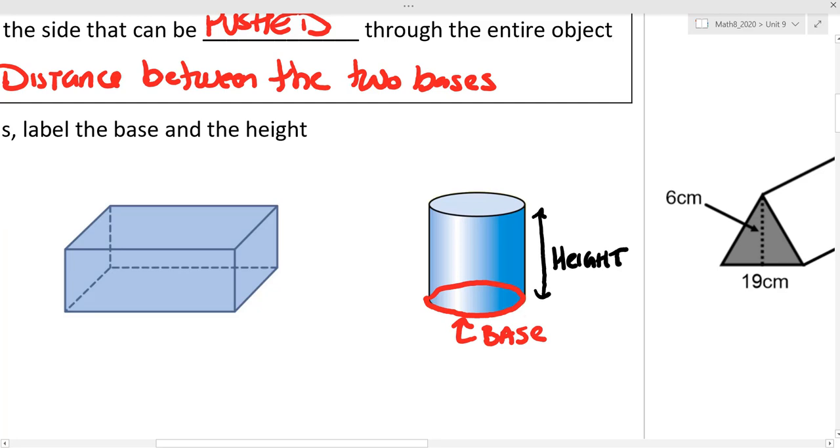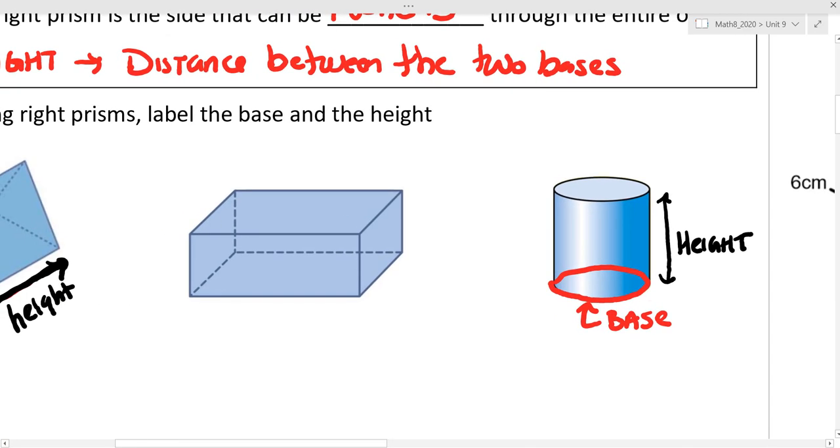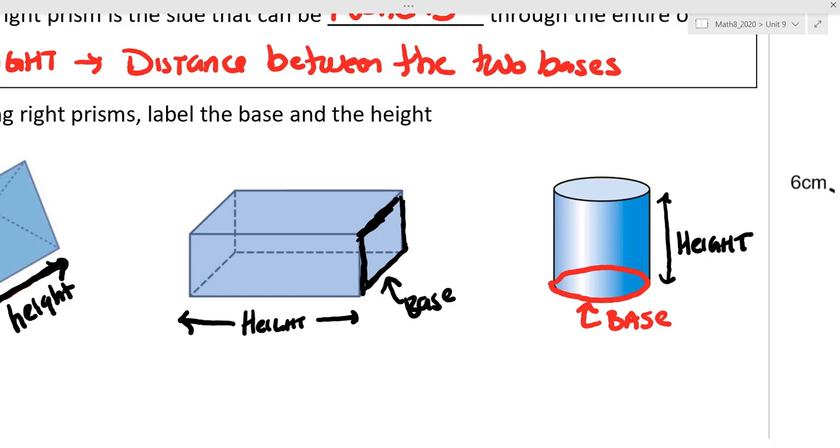Okay, so now the middle one. What would our base be? Well, doesn't it have multiple sides that could be? So this one, yeah, there can be multiple bases, because there's multiple sides that can be pushed through. So you could pick this side as the base. Okay, then the height would be this. So you can pick the left and right side. Or,